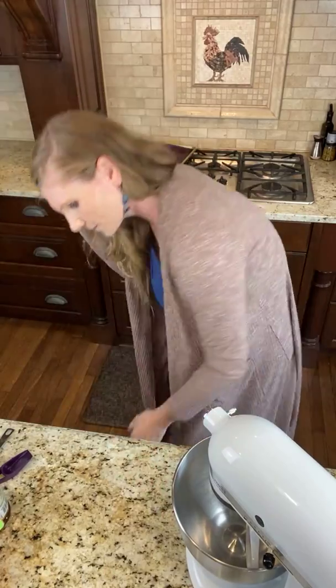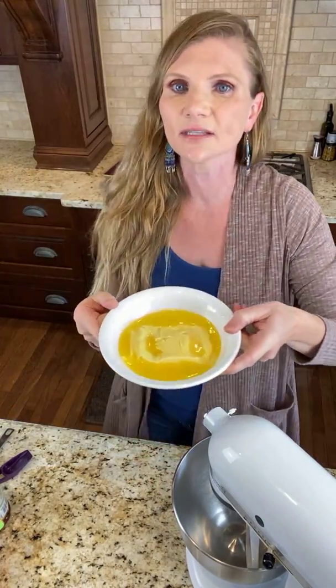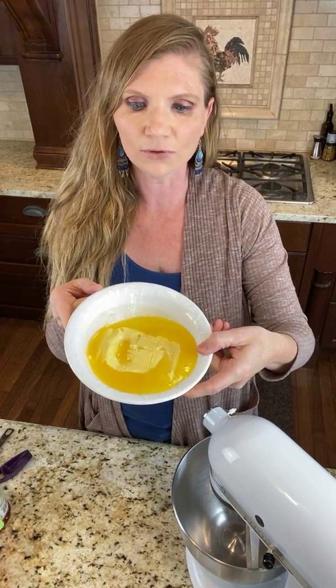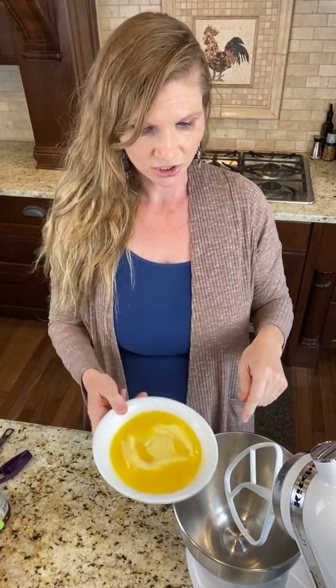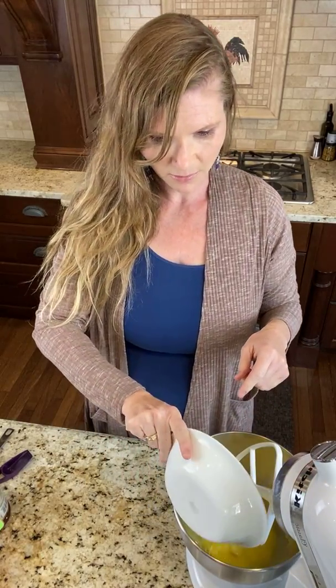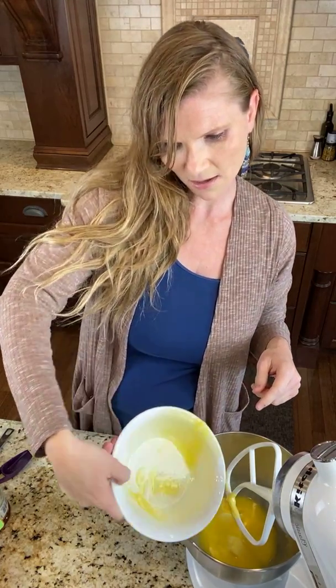Okay, so that was 30 seconds. All right, it's just softened, you guys. I think maybe this is part of the problem. So mostly partly melted, partly softened. I'm also using my KitchenAid mixer. So I'm just going to put the butter in, and then we are going to add